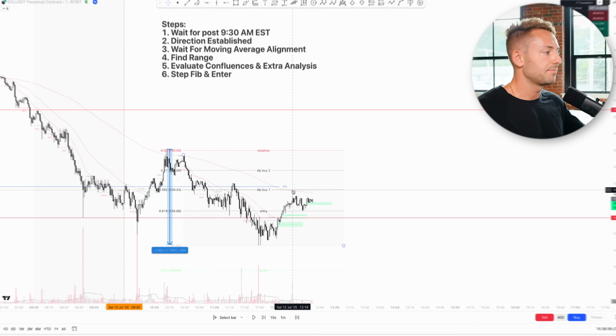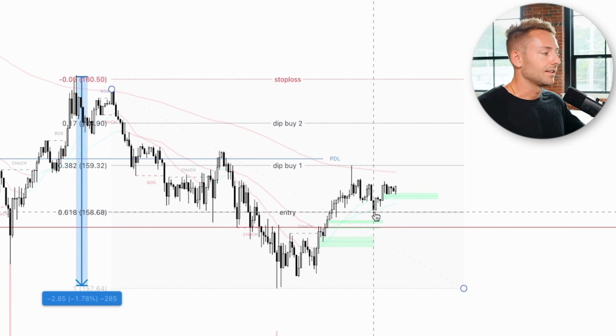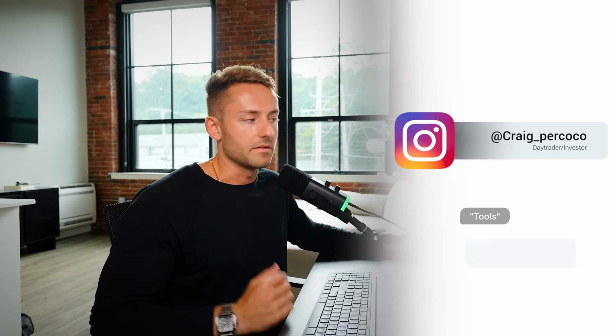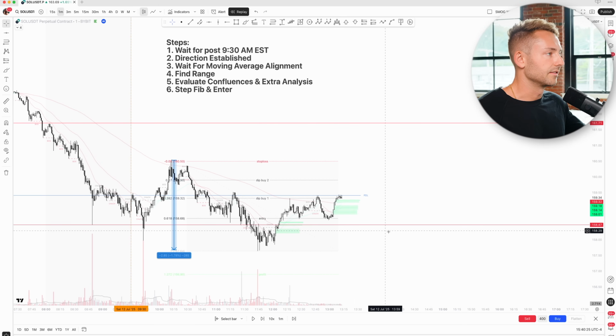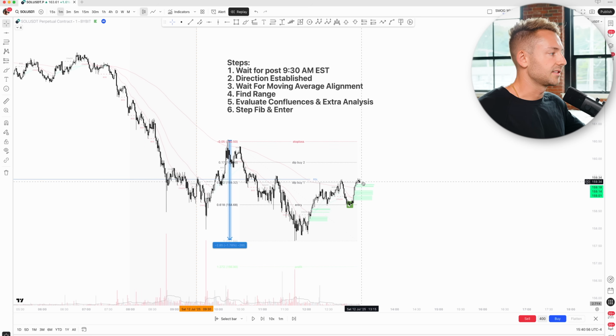But you can see our dip by 1 level was filled, and then price came back down to this level, which allowed us to get out because of setting up our position with this calculator correctly, which once again, if you DM me on Instagram tools, this will be sent over in a whole tool suite for you to also play around with. So you can see price definitely cleared that level and definitely cleared this level, which would result in a winning trade. So now I'm going to continue with the session, and we're going to find several other